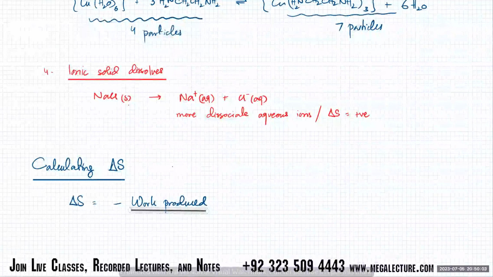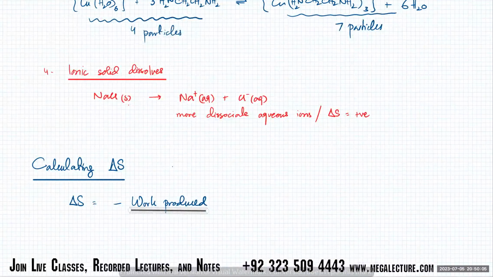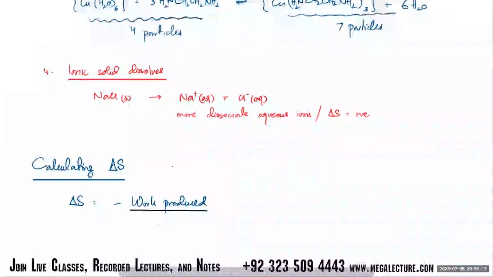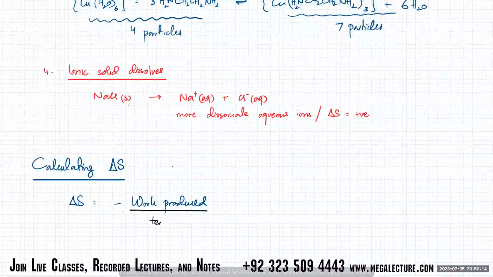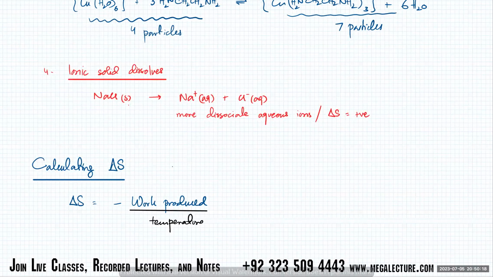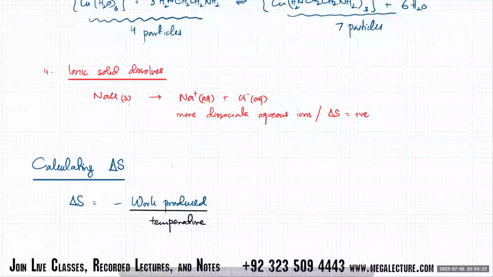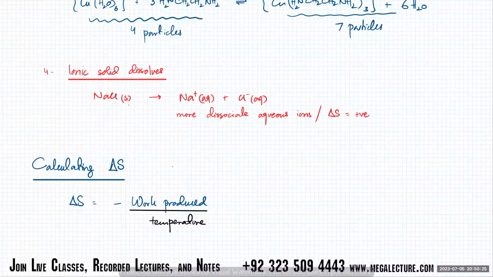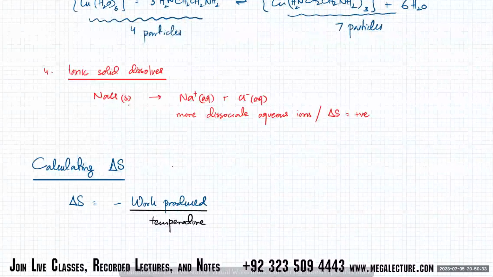If you're talking about water, it is going to produce a different amount of work if it's at 10,000 degrees centigrade. It's going to produce a lot of work at 10,000. So you have to be very specific about temperature. Water, on the other hand, will produce very little work if it's at minus 50 degrees centigrade, because it's going to be in the form of ice and it's not going to produce a lot of disorder. So that's basically the formal definition of entropy change. That's how you measure it.